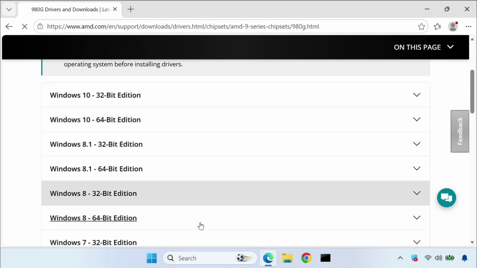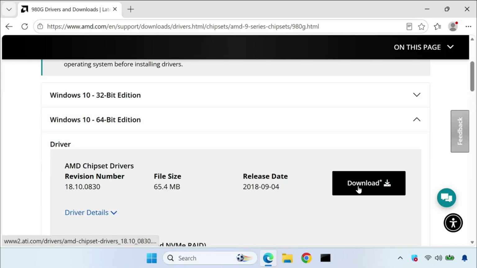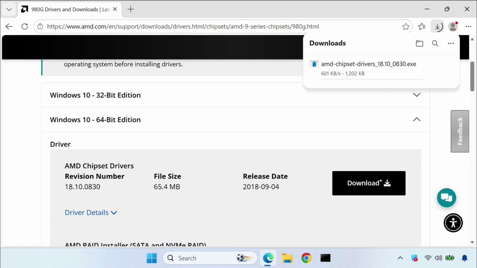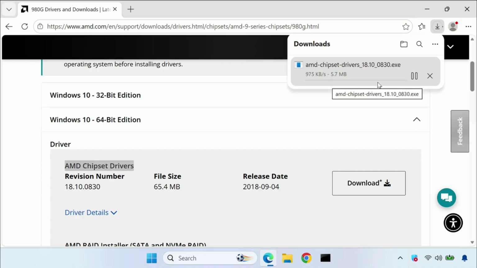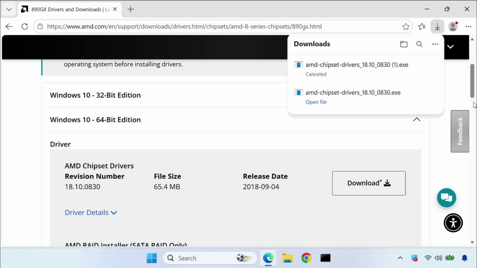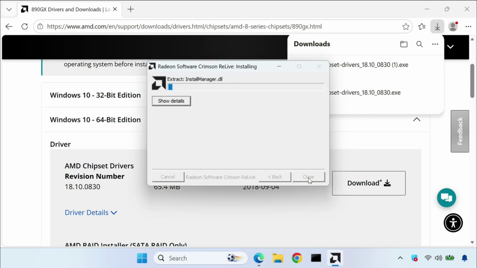scroll down, Windows 11 64-bit, and then the first one, AMD chipset driver, it also supports Windows 11. So after this has started, so this is completed, just single click to open. After that, you click Install, and now it is installing. And one more step,